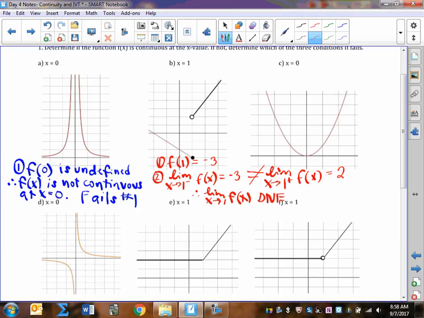All right, so again, we need to show where that breaks down. So overall, my limit does not exist. So is my function continuous? Nope. Therefore, f of x is not continuous